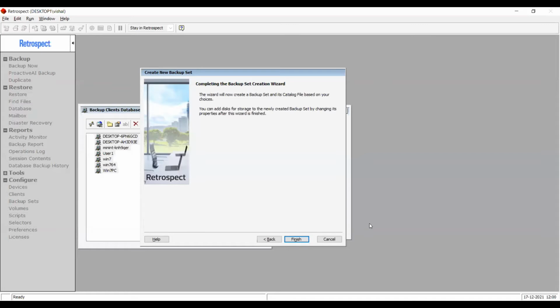Is it first full and forever incremental? If yes, how will the retention work? What is the backup policy for endpoint? Maybe this is the alternate question for the other question. What is the backup policy for endpoints? And the user means to ask, is it first full backup forever incremental? If yes, how will the retention work? So I think what you are asking, I'll answer that question.